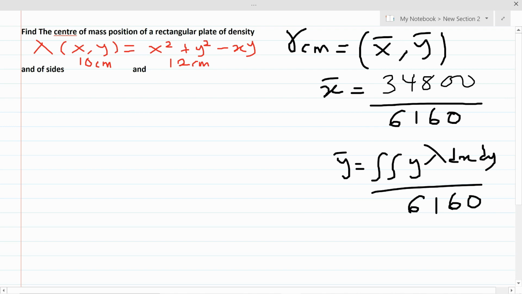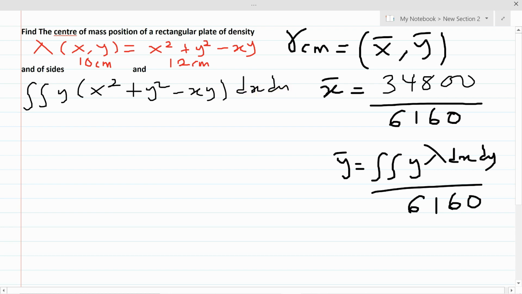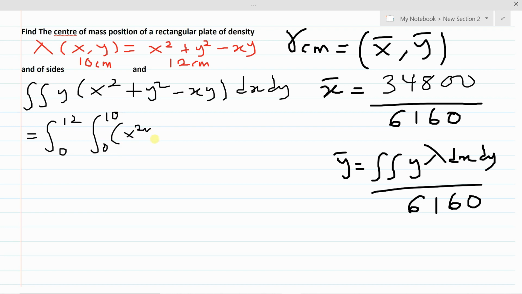So now the only thing left for us to do here is the numerator of the y bar. Okay, and that is giving us the double integral of y lambda, which is s squared plus y squared minus xy, dx dy. This will give us integral from 0 to 12, integral from 0 to 10, of s squared y plus y cubed minus xy squared dx dy. So first we integrate with respect to x, and we'll get